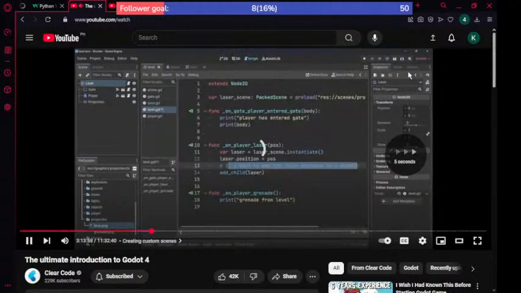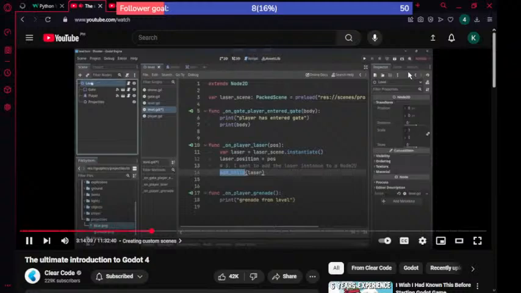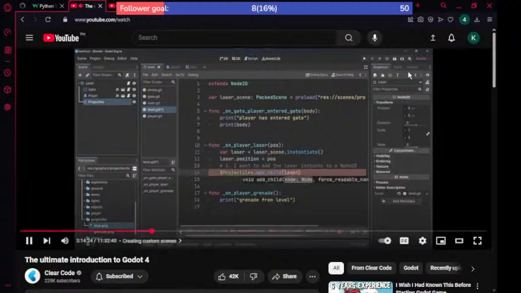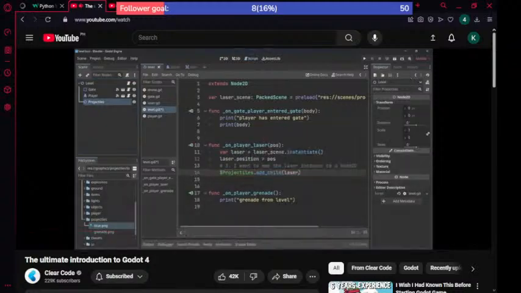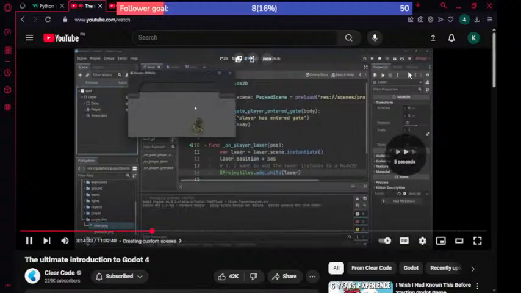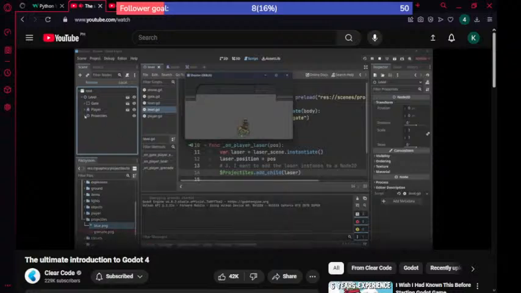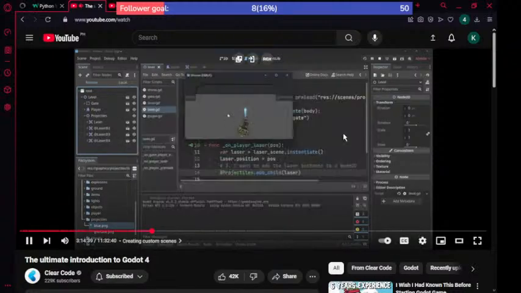Want to child. This node to do is get a node itself. So let me drag in the projectiles, actually add the child, which is going to be the laser, and then we are good to go. If you can now see, if I move the game to the side, inside of projectiles, we have a drop down and